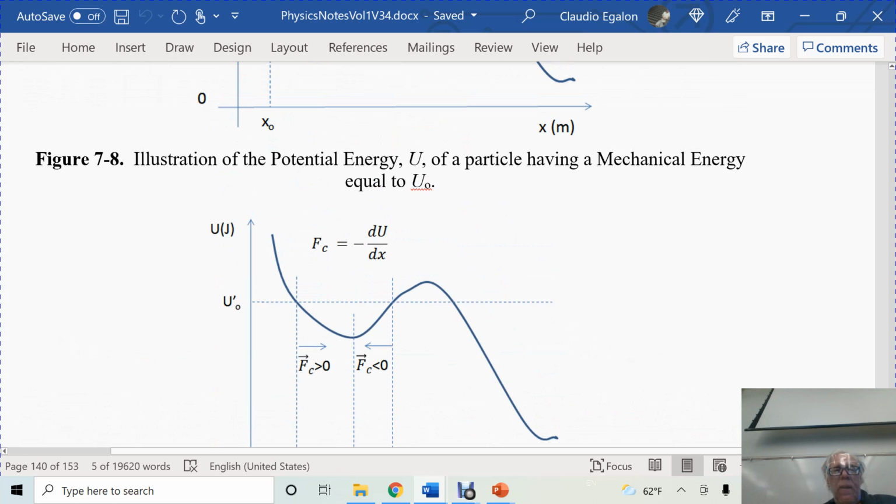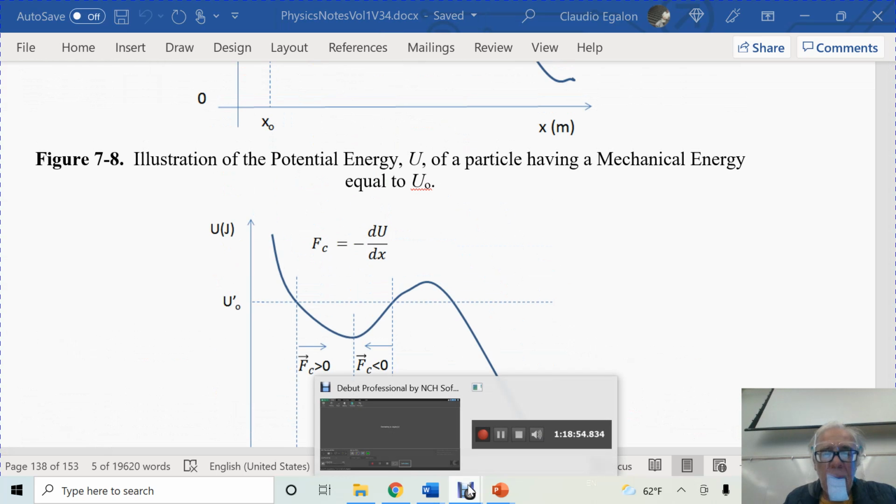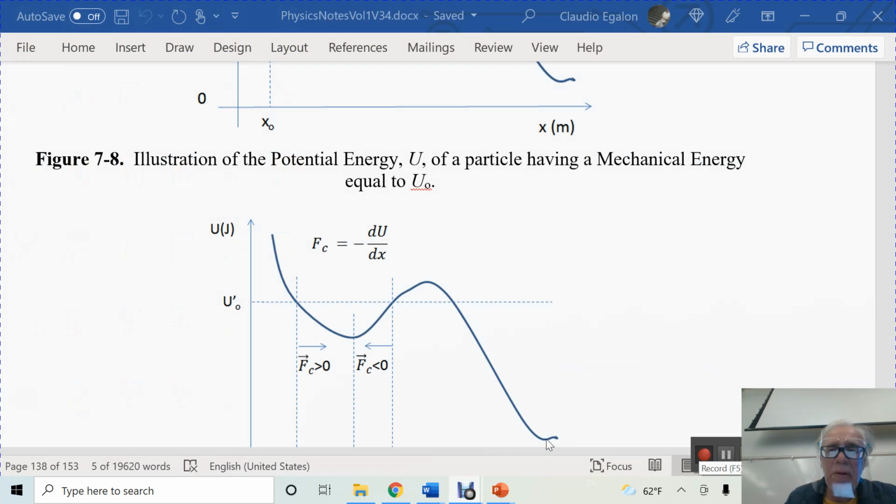So we can stop here now. Any questions about that? We have 2 more minutes to go. We're going to have an experiment there upstairs. I want to